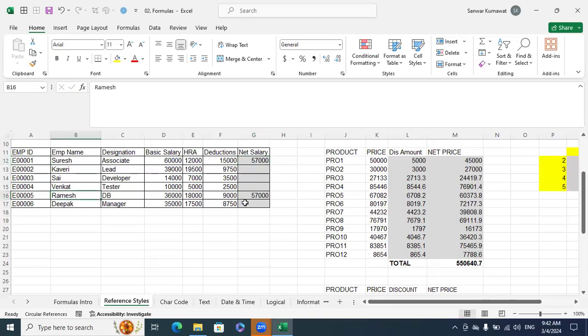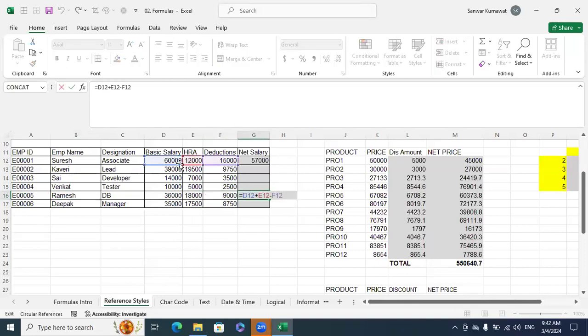Suresh 57,000, Ramesh 57,000. Is it correct? No. Why? You took the reference of Suresh, but you didn't take the reference of Ramesh. Exactly. This data, 60,000, 12,000 and the deductions are related to Suresh. This 36,000, 18,000, 9,000 are related to Ramesh. But what formula did I apply there? It's taking reference from this, right? That is wrong. So if I drag this formula down,